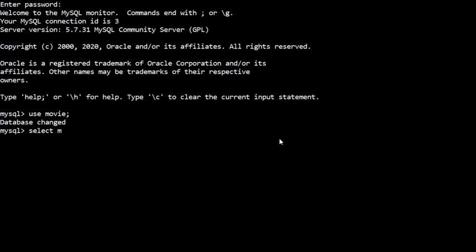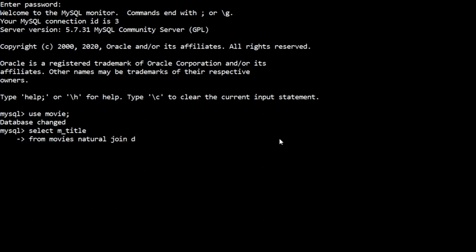We want the movie title, and the title can be obtained from the movies table, but the director name I have in the director table.